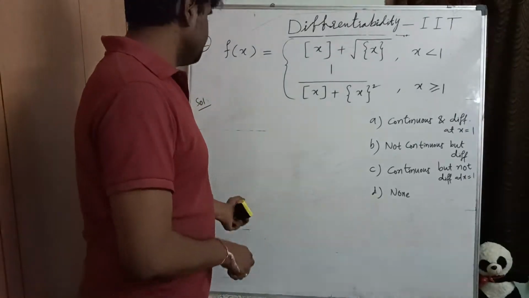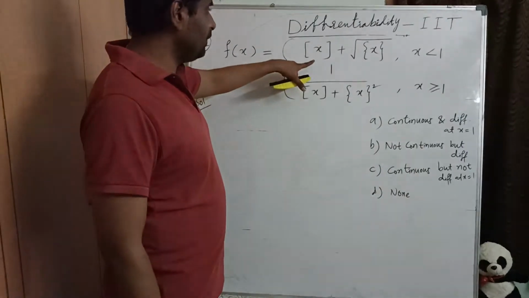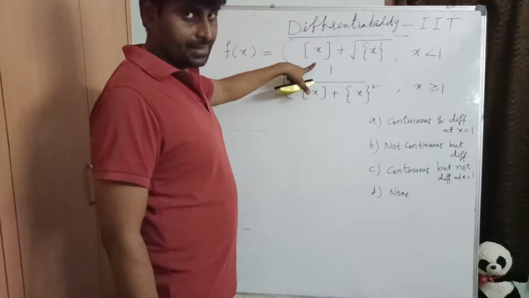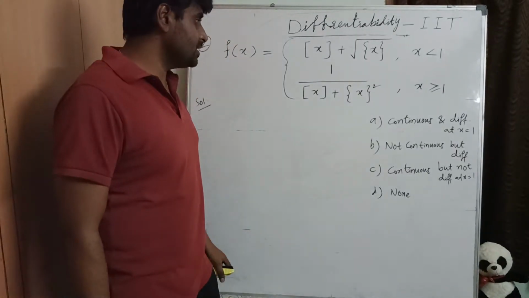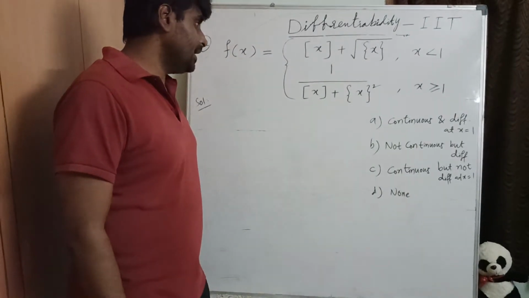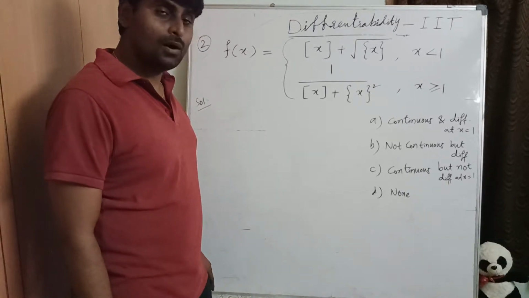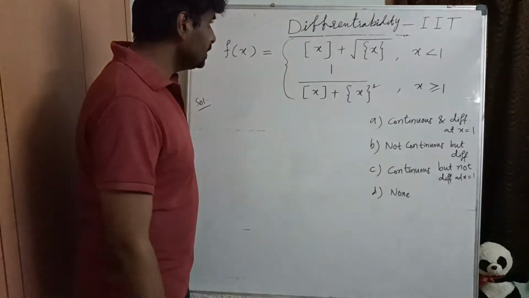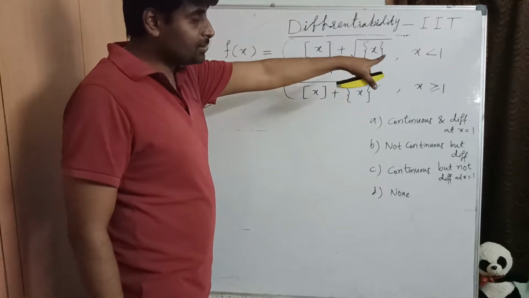So first of all, what is the domain and range of step function? Domain is R, range is integer set, okay. And similarly for fractional part function, what is the domain? R, and range is closed interval 0 to open interval 1, from 0 below 1, correct? So now first of all, let us rewrite this function with respect to those limits.